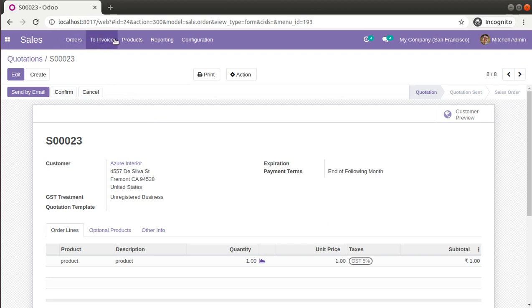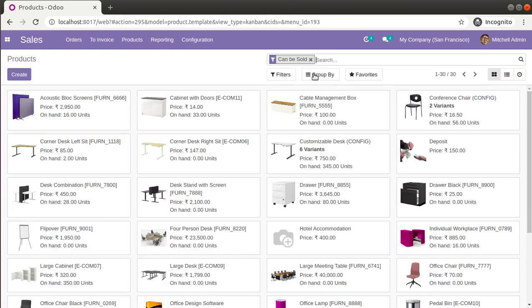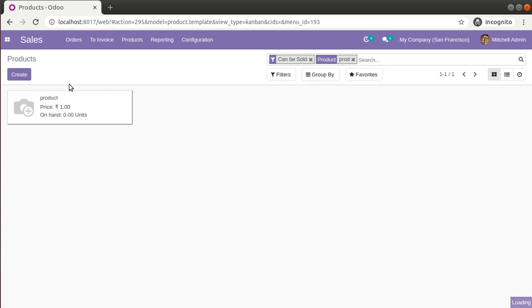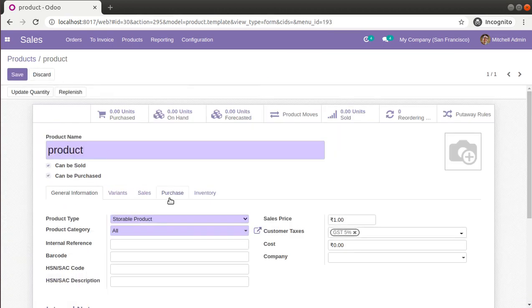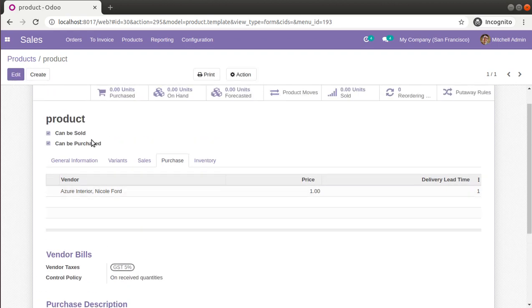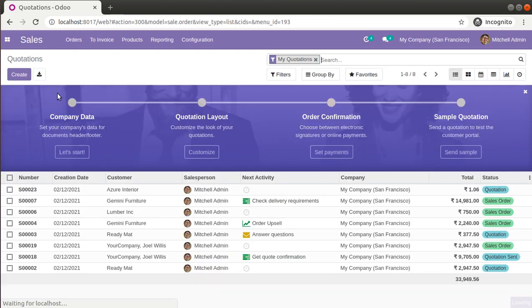I haven't defined the vendor inside the product. So I'll open the product and set a vendor. If you need to generate a purchase order automatically, you have to set the vendor. I'll choose the vendor here and go back to the quotation.